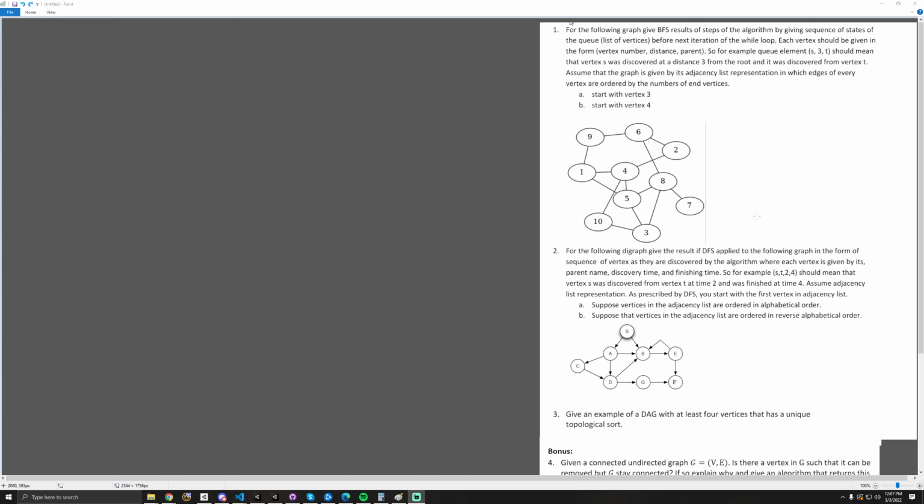Okay, so jumping right into it, this homework seems to primarily focus around graphs, namely the algorithms applied to graphs, breadth first search, and depth first search. So the first one here, they said for the following graph, give the breadth first search results of steps of